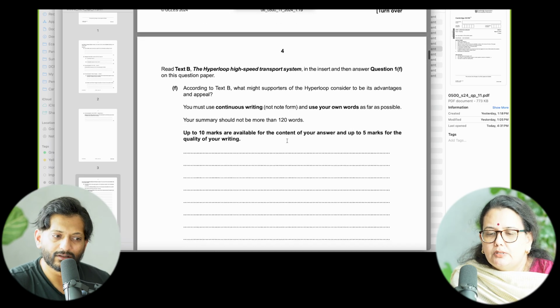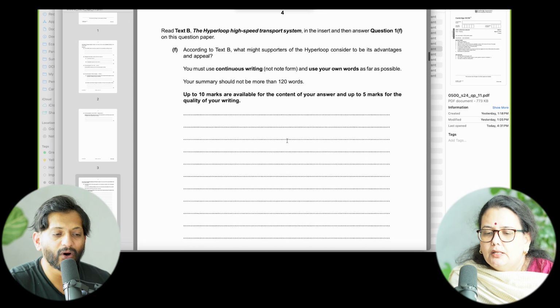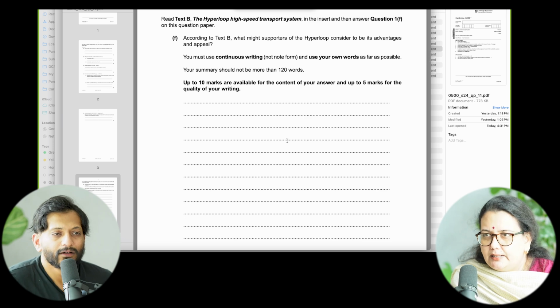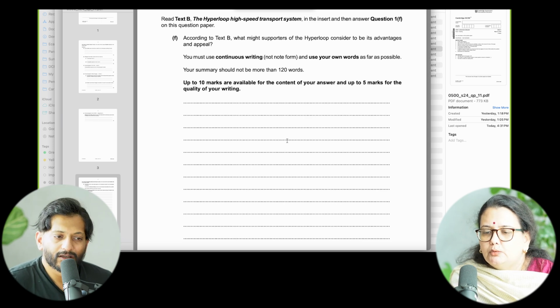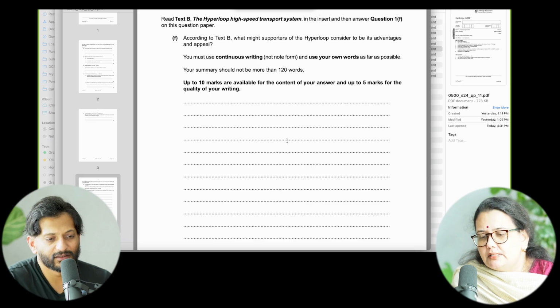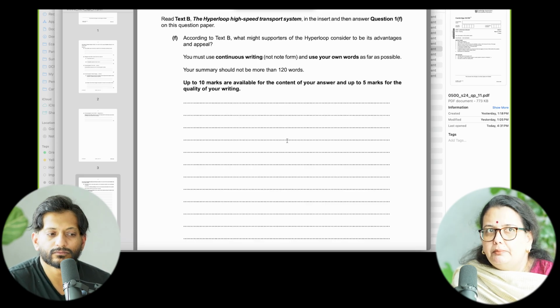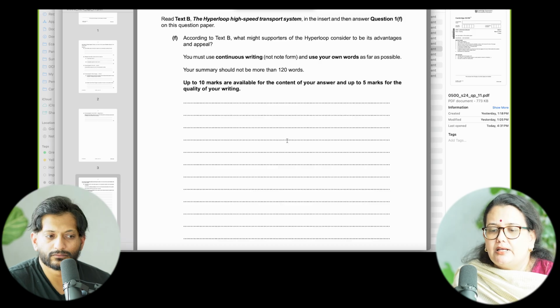Further below, the next question, you see that they're asking you to summarize. So that's a necessary skill that kids will need to apply in their real world. Identifying key points and then making it more precise, compact communication. This becomes something that is a learned skill, and it is challenging, especially when